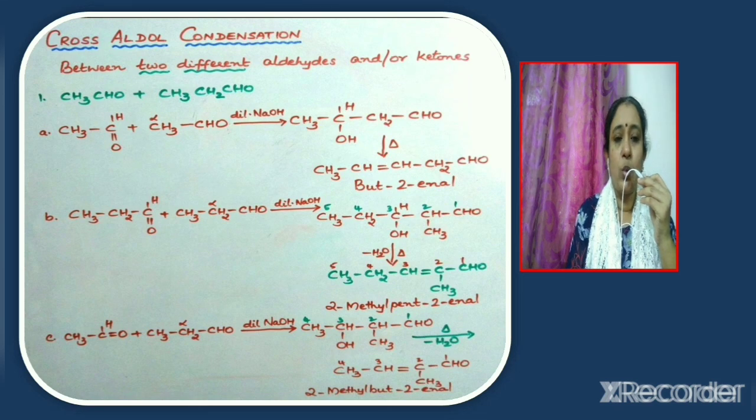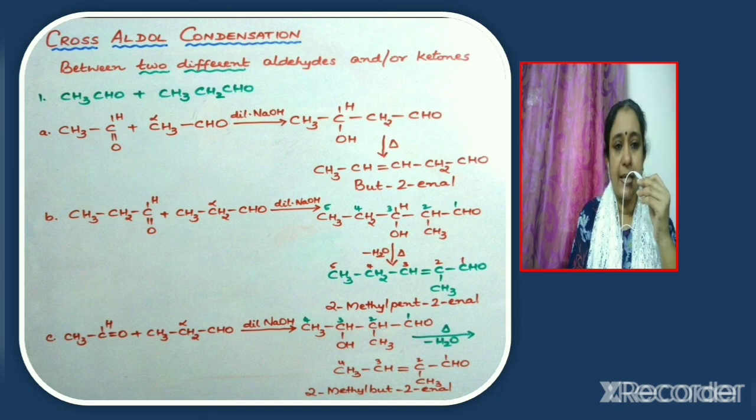One is that 2 ethanal molecules can react with each other. 2 propanal molecules can react with each other. Ethanal can react with propanal. And the 4th one, propanal can react with ethanal. So these are the 4 different ways. Now let us consider the first case, the reaction taking place between 2 ethanal molecules. This we have already discussed under the aldol condensation reaction. We know that 2 molecules of ethanal will react in the presence of dilute sodium hydroxide to give the product 3-hydroxybutanal, which when heated eliminates a molecule of water. It gives an alpha beta unsaturated aldehyde, which is known as but-2-enal.